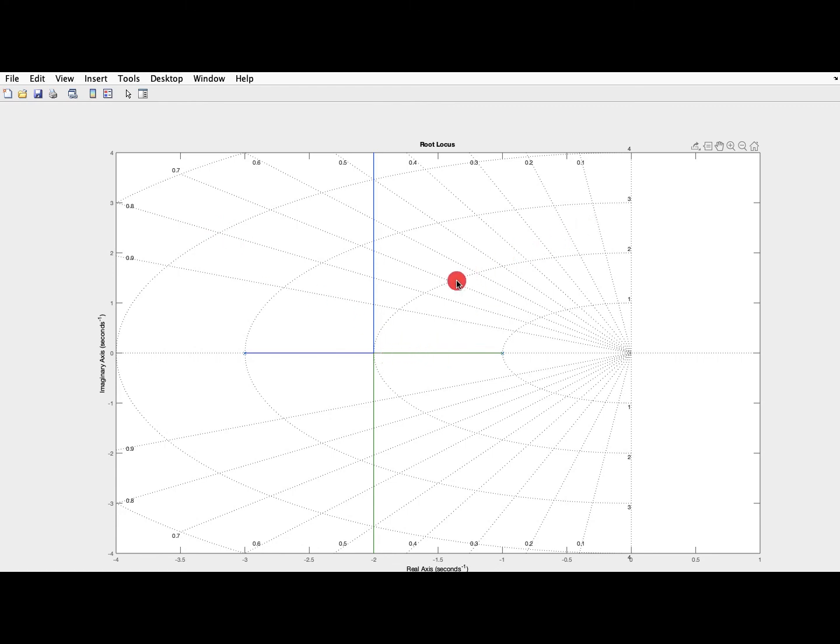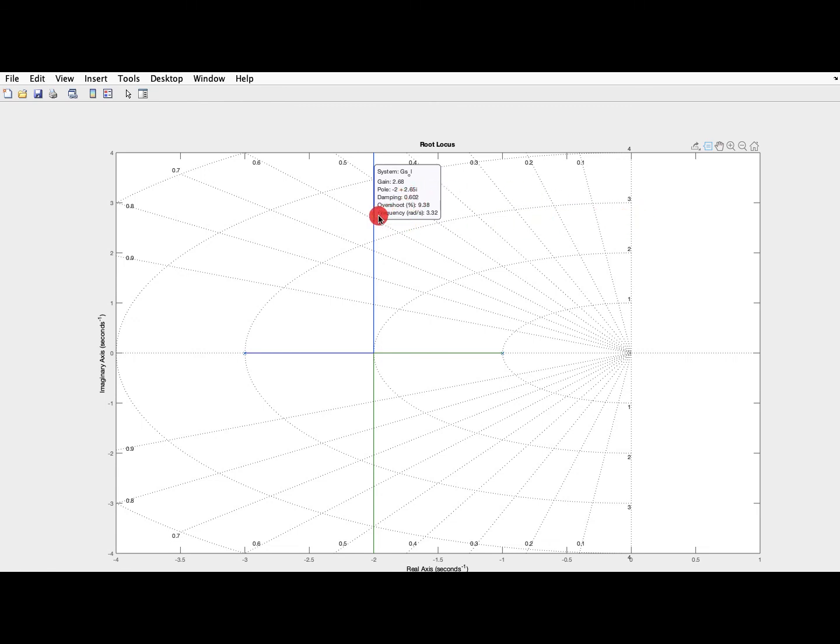Now for different gains you can see the position of the poles, or for different positions of the poles you can find out what gain will be there. For that you should use the data tip, right? So select that one and then click anywhere over here. Let's suppose I click over here. It will give me the information that if my closed loop pole is at this point, our gain will be 2.68. The pole position is -2 plus 2.65j, that you can observe: -2 from here and 2.65 over the imaginary axis, right?